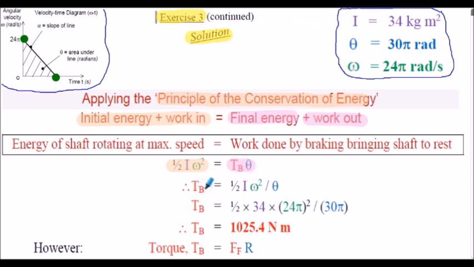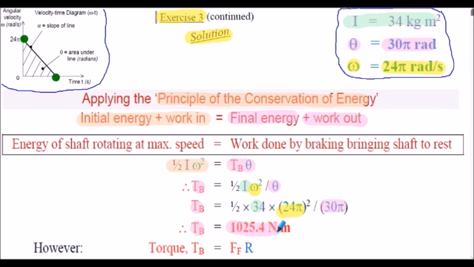In this case we need to find the braking torque TB, so simply dividing both sides by theta we form an equation for the braking torque. So inserting the values into the equation, we know that the moment of inertia I is 34 kilogram meters squared. The initial angular velocity omega is 24 pi radians per second, so inserting that into the equation. And the angle turned through theta is 30 pi radians, so 30 pi into the equation. Evaluating, we find the braking torque required is